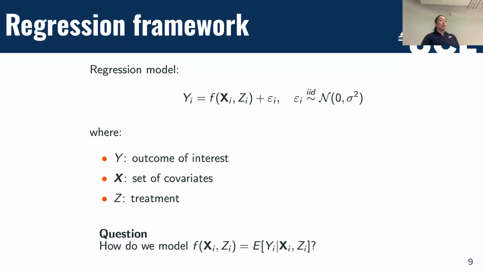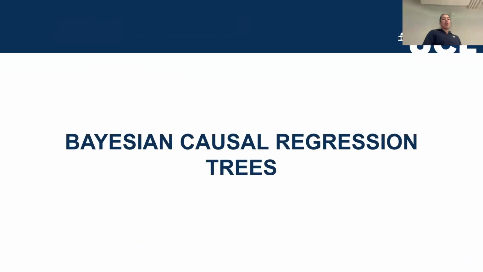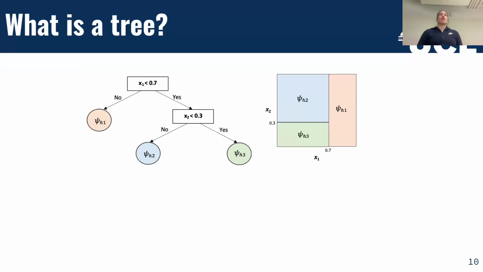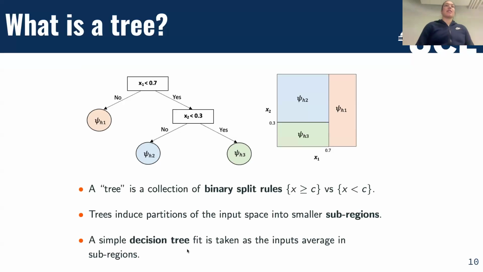What we're using in our model, but many other things can be used, is trees, so regression trees. To say what a tree is first, this is one example of a tree. It's essentially a collection of binary split rules. We see here we have two split rules. The first one is X1 is less than